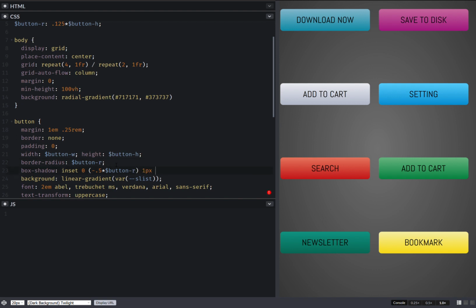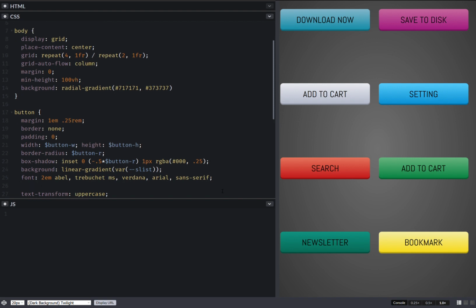Let's make it have a tiny blur, RGBA, something like this. Okay, and as you can see, I have that right there, and the contrast would be better with color